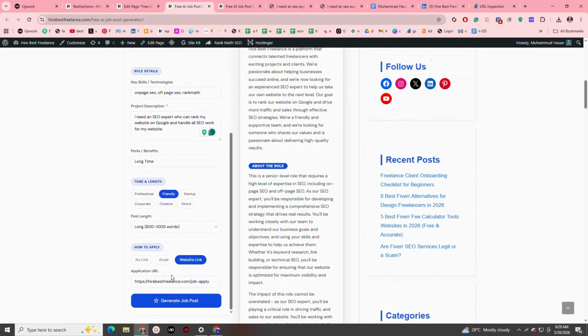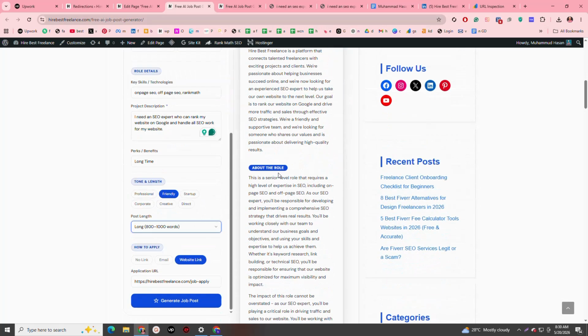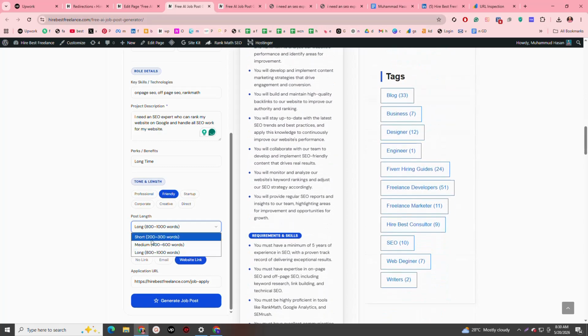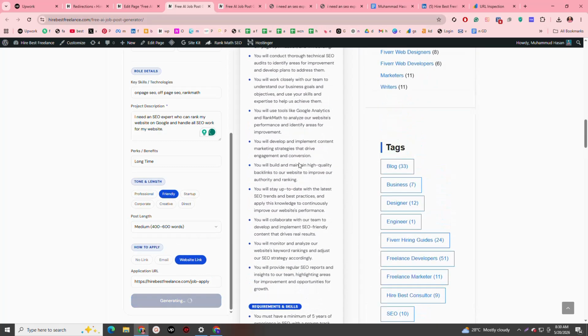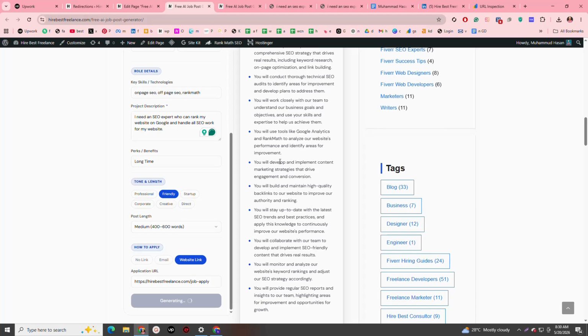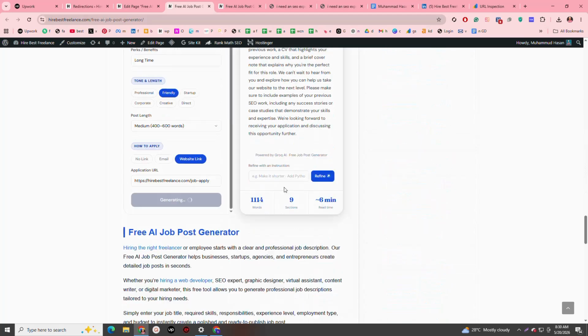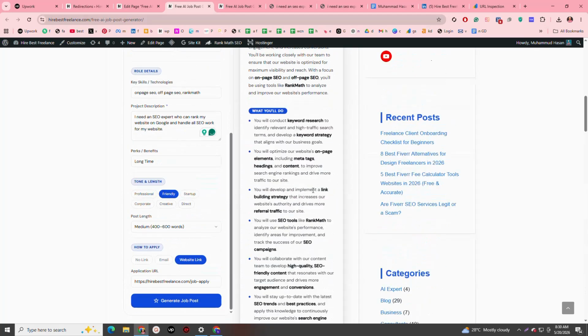In just seconds, the AI creates a complete, professional job description, with responsibilities, required skills, compensation details, and how to apply. If you want changes, use the Refine box at the bottom to give instructions, and the AI will update